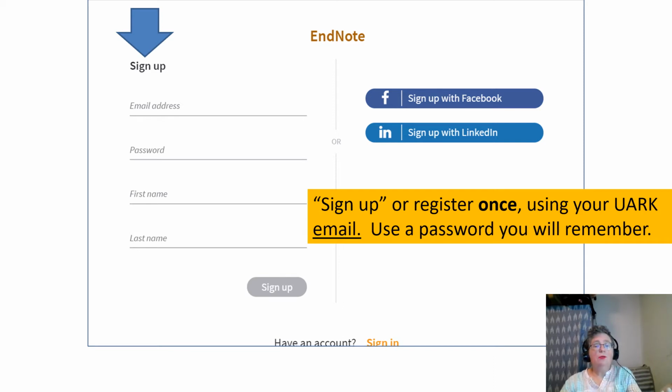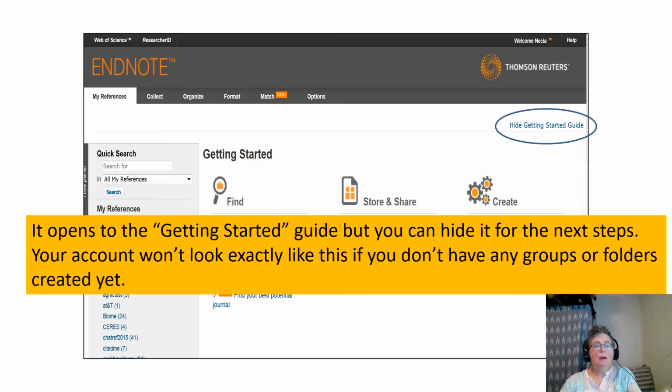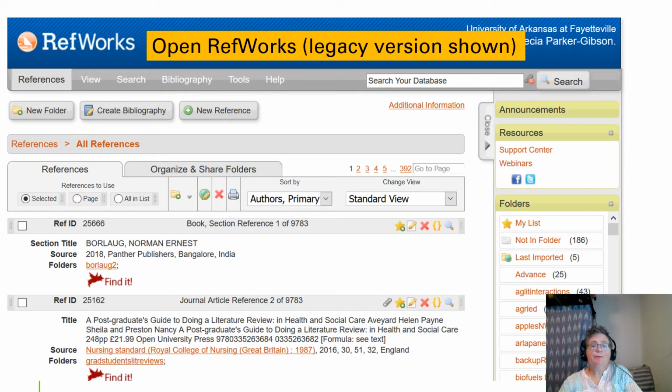You don't have to use your UARC password with this. You can. Just something you'll remember is good because it's a little bit of a pain in the neck to keep changing it. It opens to the Getting Started guide. I usually hide that. You can hide it for these steps. Yours won't look exactly the way mine does because I've got a lot of citations already in there, but it's okay. So going back, if we open RefWorks,